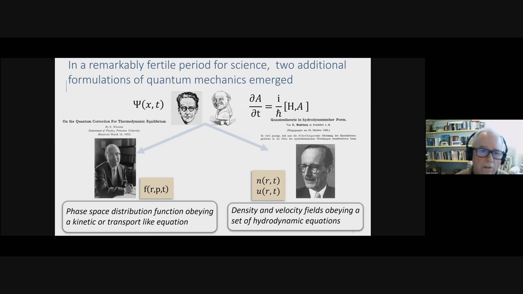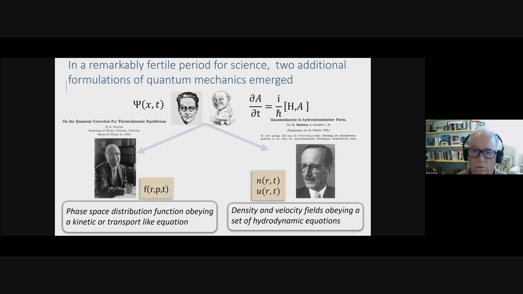So quantum hydrodynamics actually emerged in a very interesting period. It emerged shortly after the invention of quantum mechanics, and Madelung, who you see there, published a paper. And if you can't read German, you can probably sound out that it says quantum theory in hydrodynamic form, where he introduced density and velocity fields